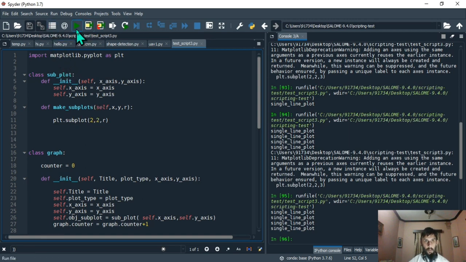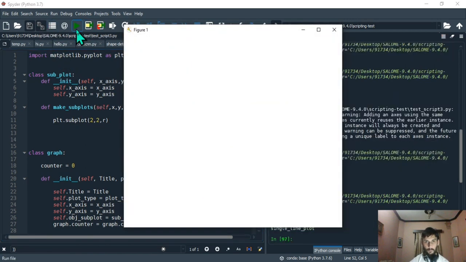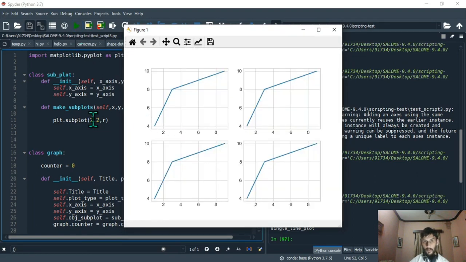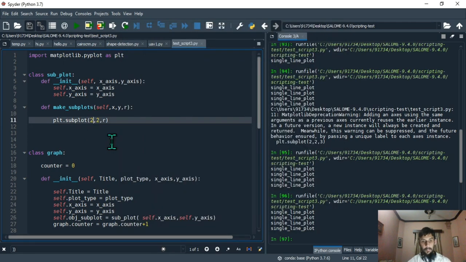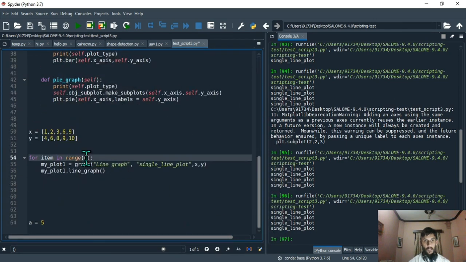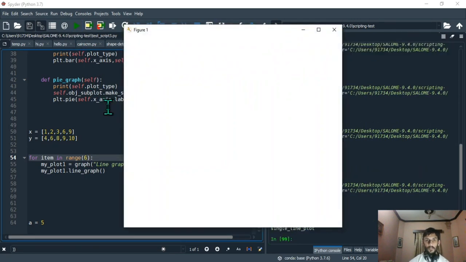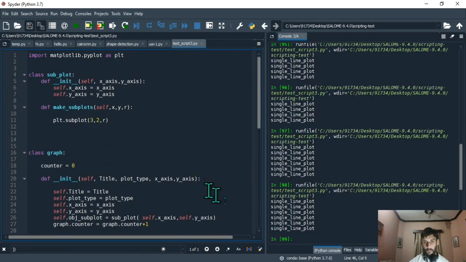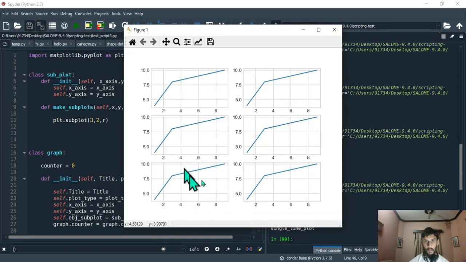Let's try and run this and let's see what we get. See, so we made 2 by 2 and r, and then we have all this, correct? For example, if I was creating here 3 by 3, yeah, 3 by 2 maybe, so we know 6, yeah. So in range I'm gonna be saying 6. Okay, let me run it again. Let's see what we get. See, you have 3 rows and 2 columns.